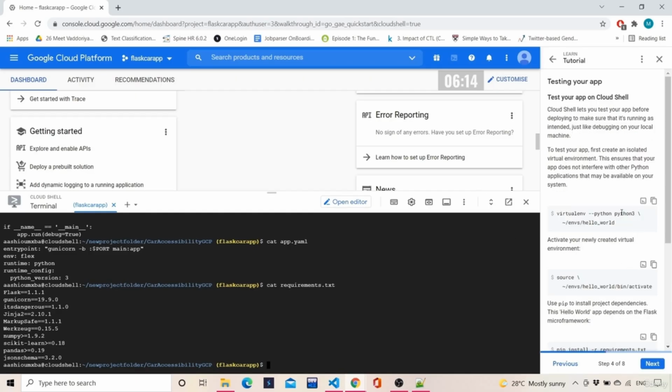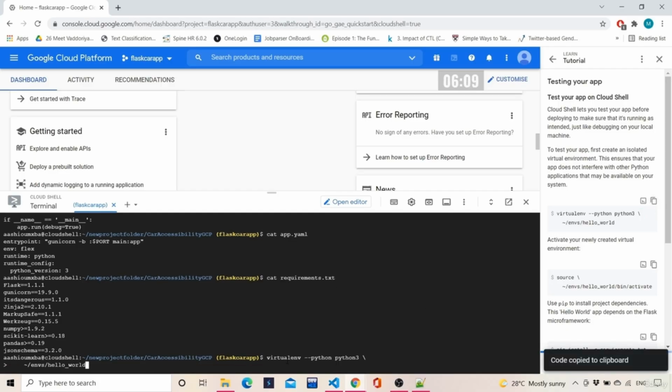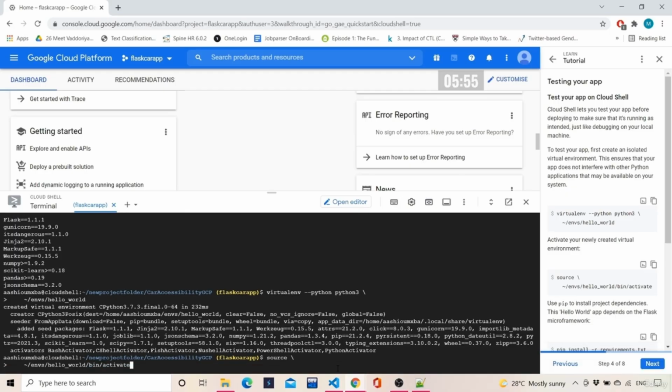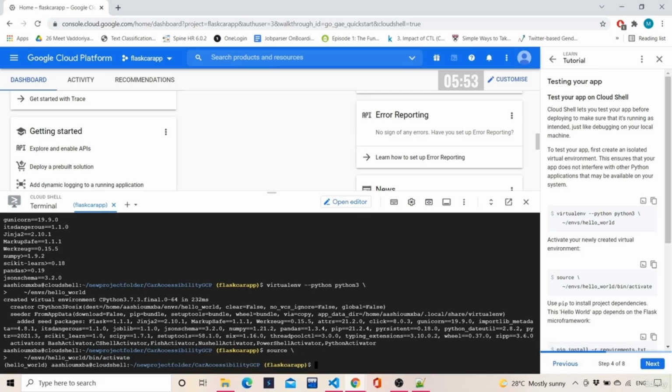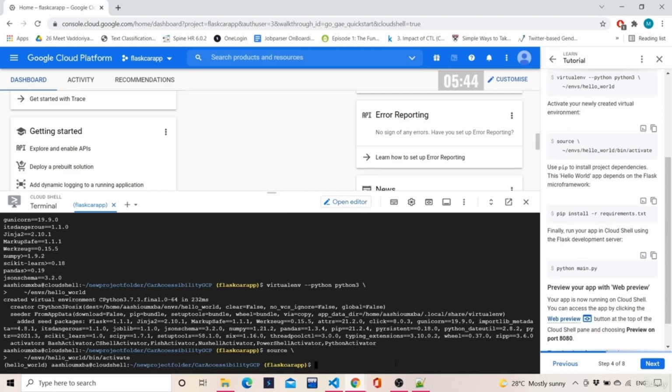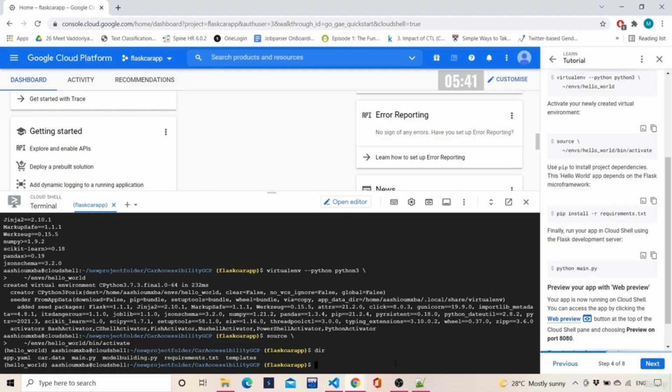Now you need to create a virtual environment here. Just copy this command from here, paste it, and simply press enter. Don't try to change any name or anything. It will be a little complicated if you do. Just go with the flow of what they are saying. Copy this, paste it, and activate it. You can see that the environment has got activated here, the hello world environment which we created with the name hello world. Now if I do dir over here, I'll get to know what files are there in my directory structure,